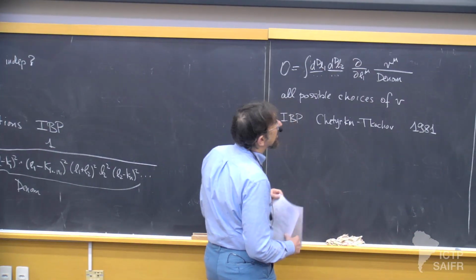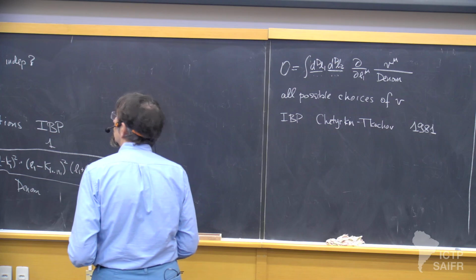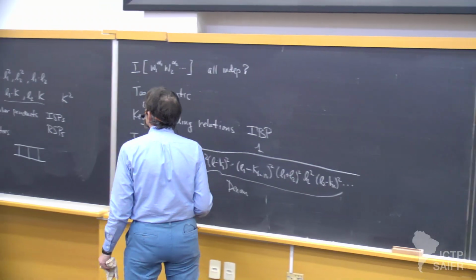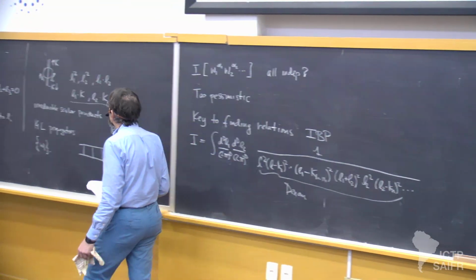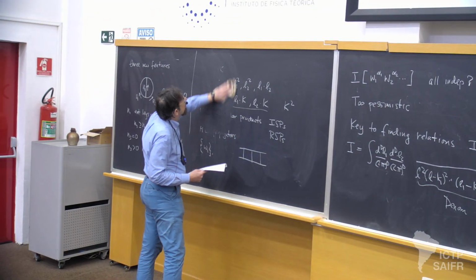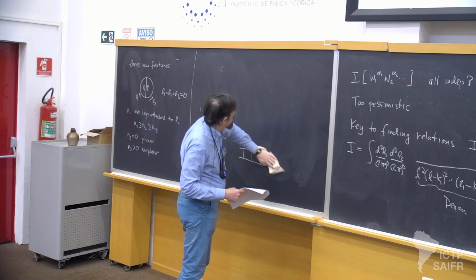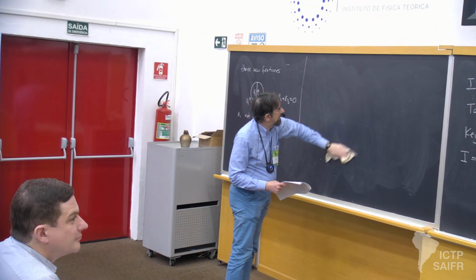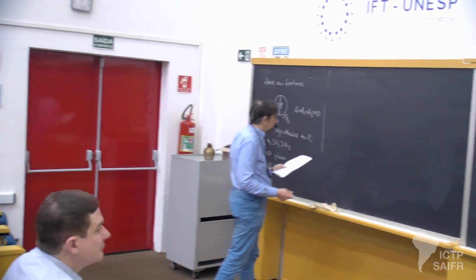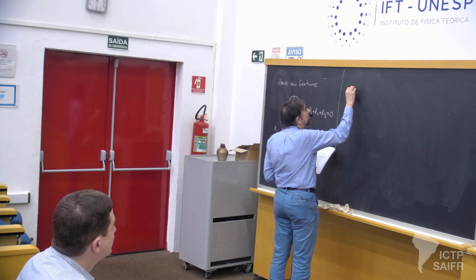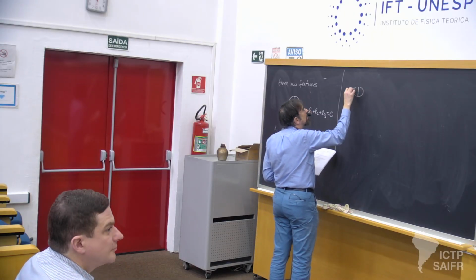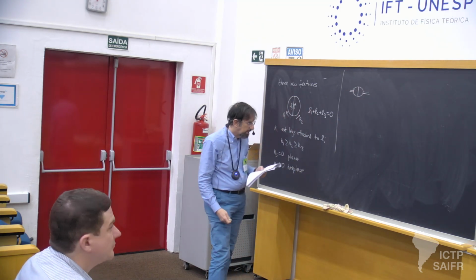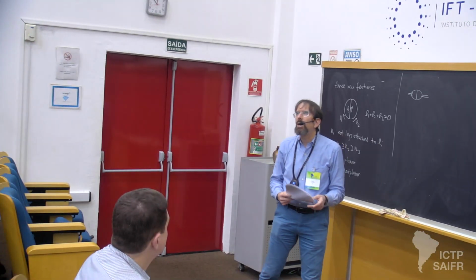Nonetheless, I don't know if this is exactly the example from their paper, but I'm going to do a simple example in order to show how this somewhat unobvious step can actually lead to useful relations. So again, we're going to consider a two-point function, but a different two-point function. We're going to consider one which is sometimes called the kite, and which I sometimes call the lizard eye